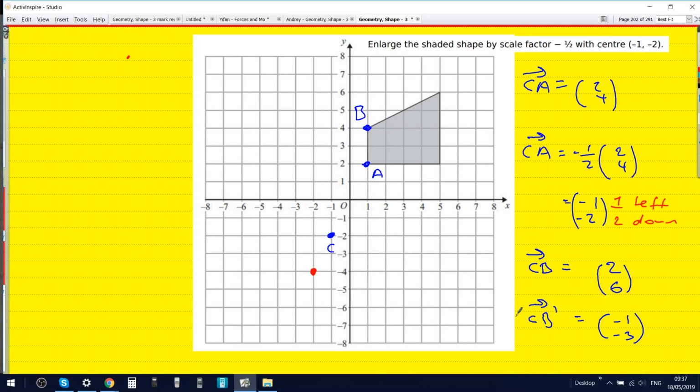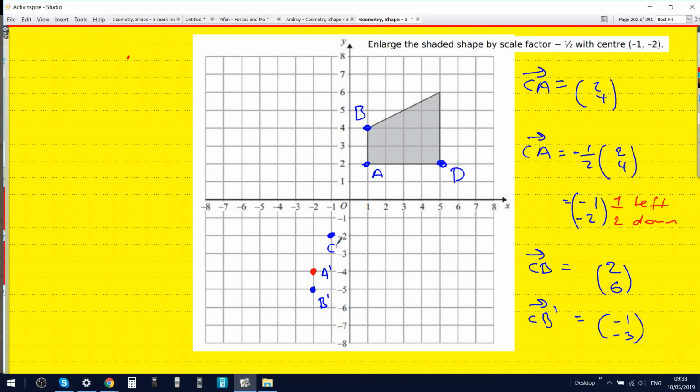And then so does that mean that from C I need to go 1 left and 3 down? Yep. 1 left, 1, 2, 3 down. Okay. And then do I need to do the other points as well now? Yeah. Okay, so for C to that one, the one like there,